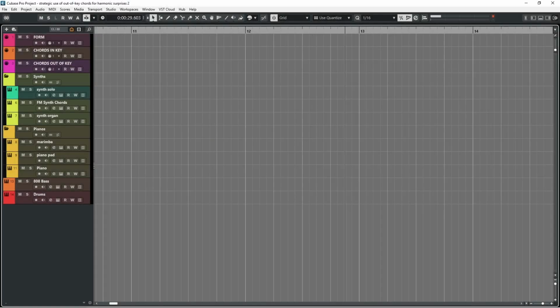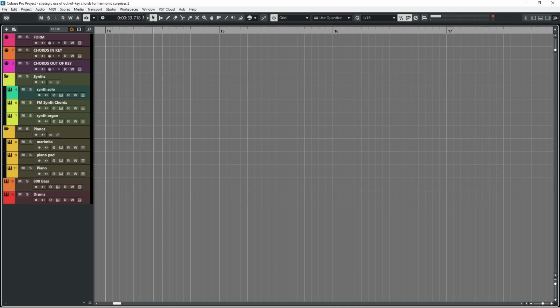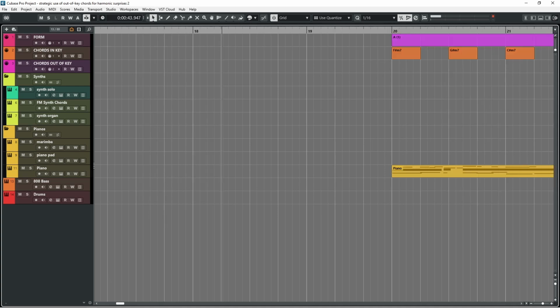The main aspect to consider is where you put chords on strong and weak beats. In a 4x4 measure, the first and third beats are the strongest, so I focused on using these to create the harmonic direction I intended. Here is a stripped down version of what it would sound like without the out-of-key harmonic surprises.